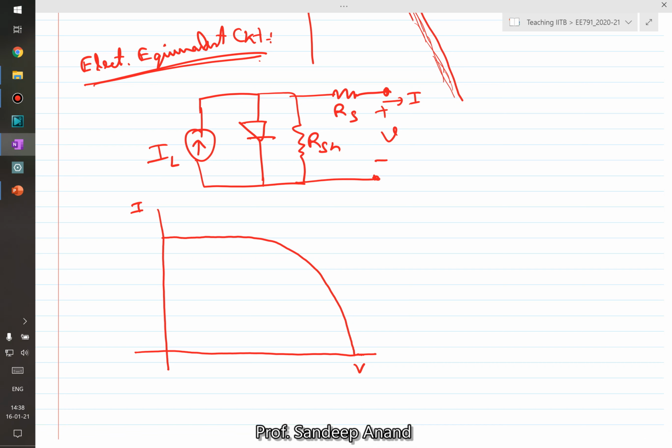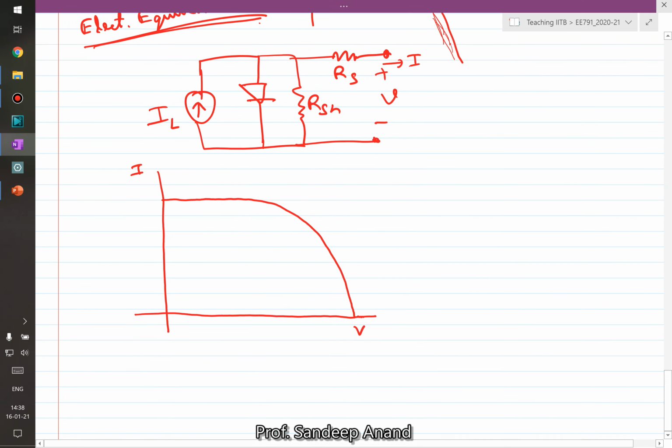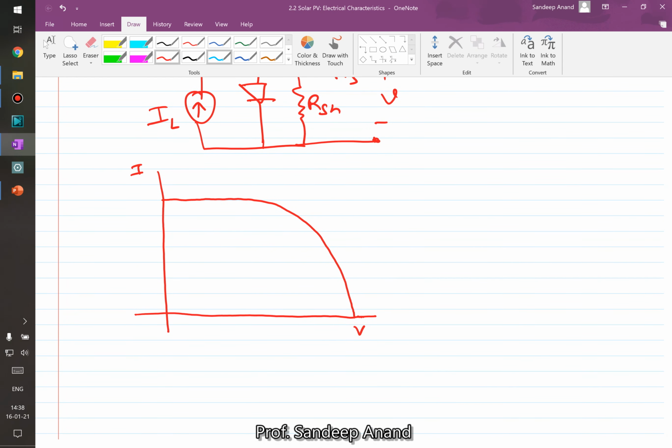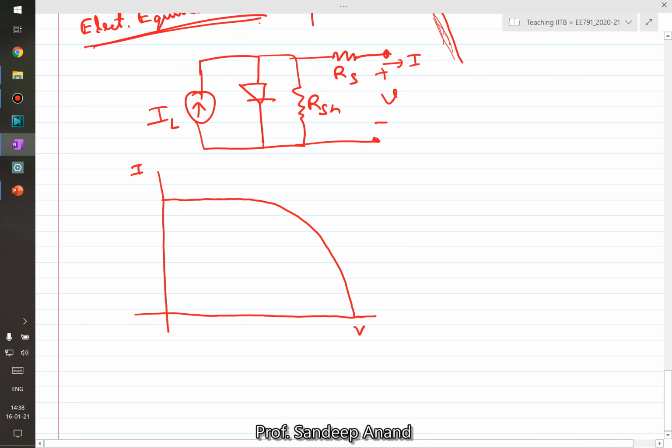Let us define some of the parameters in this graph. For example, what is this? This is the current that will flow from the solar cell if the voltage across the cell is 0. What does it mean? If you have a cell, and if you short circuit it, if you force the voltage to be 0, then what is the current that will flow? Let's just call it I short circuit,